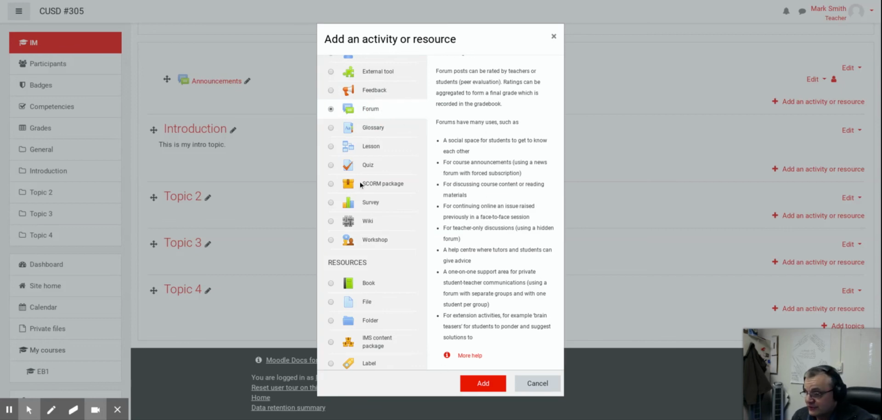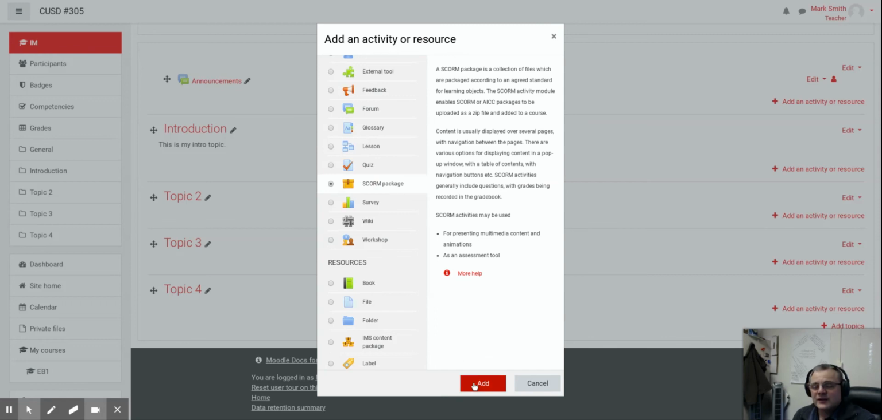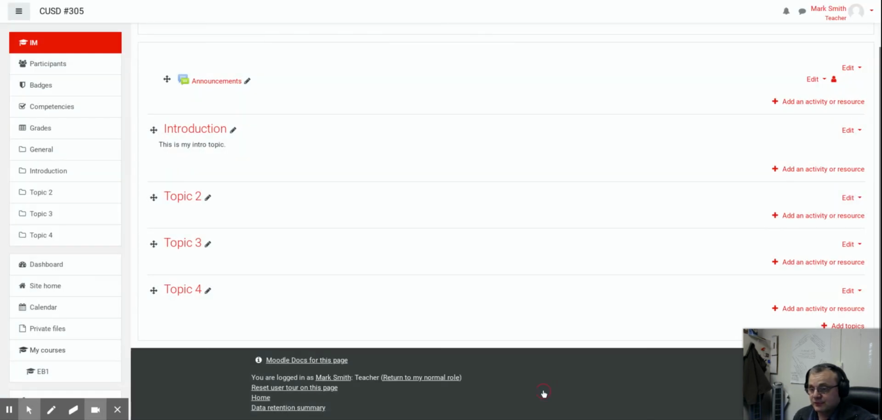Okay, and then all you would do is pick one and click add. Once you add, you get all the settings and stuff that need to be set up for that type of activity or type of resource. And that's it. Okay, so I'm going to stop here because I'm pretty sure that's about